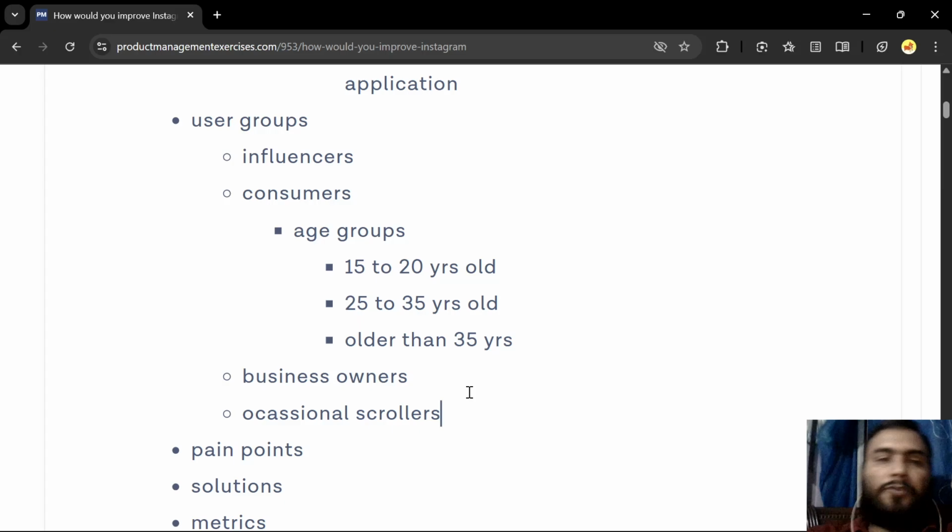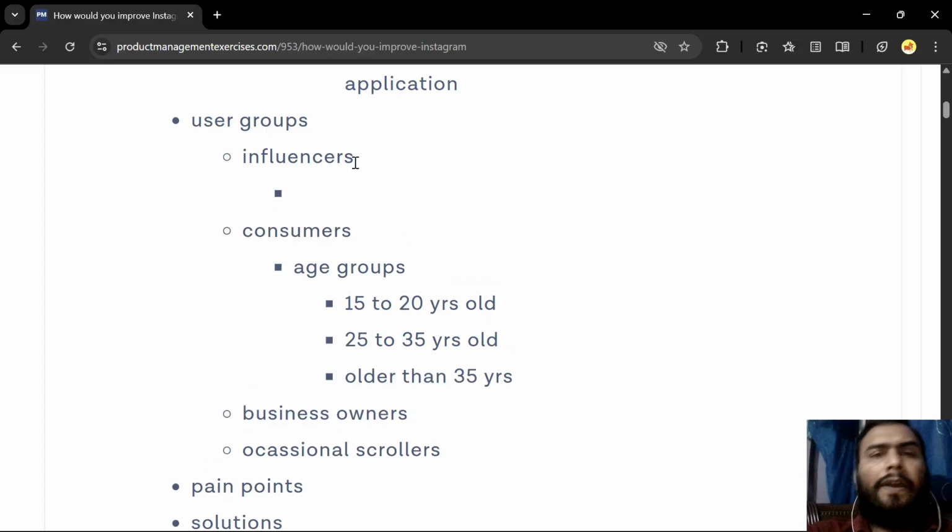Now I've written four types of user groups, and the first one is the influencers. Now, influencers are a new kind of category on social media platforms. There could be multiple types, like financial, beauty and grooming. They could be, let's say, political.